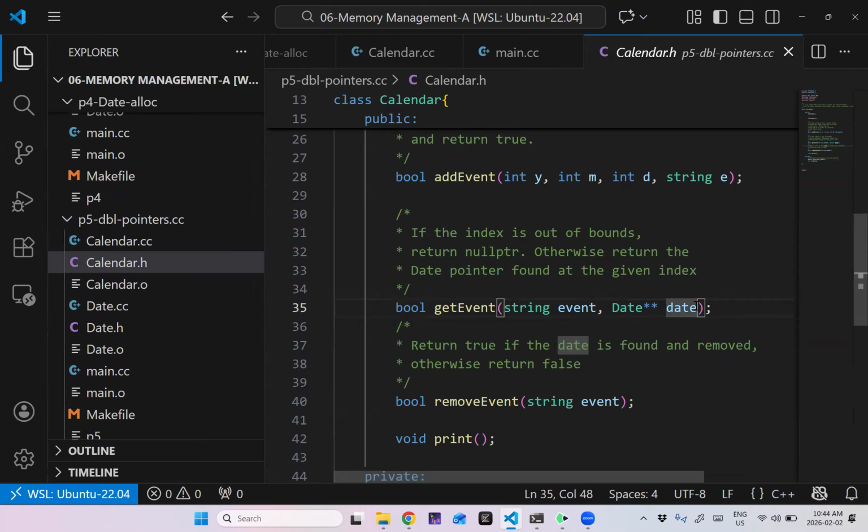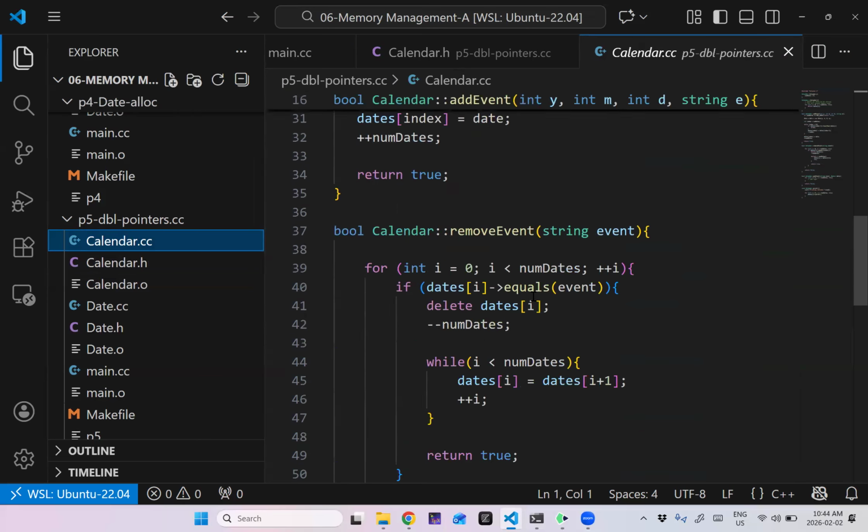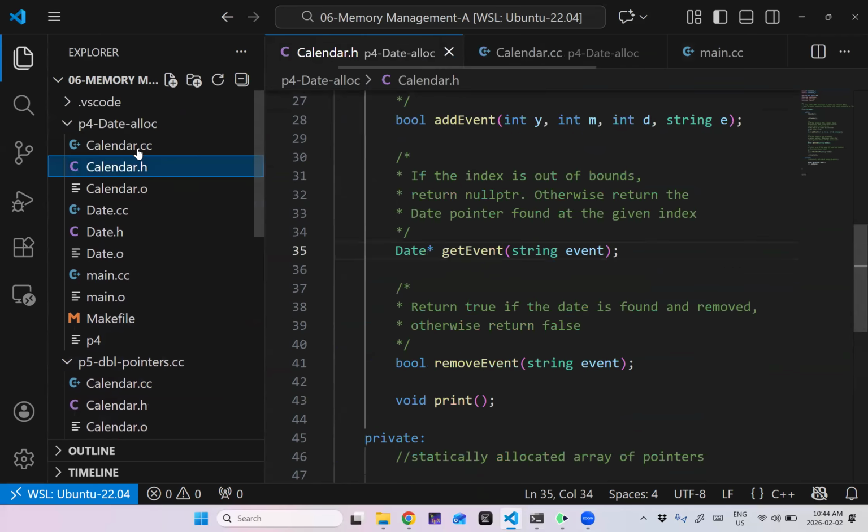We talked earlier about passing a pointer by reference, which is actually a good way to do this. So this is actually what we're doing, but we're doing it with a pointer because maybe not so much in C++, but in C, you're going to see stuff like this. All right, so let's go through it. If I wanted to implement this get event, well, I have the same for loop. I can actually steal some of this logic.